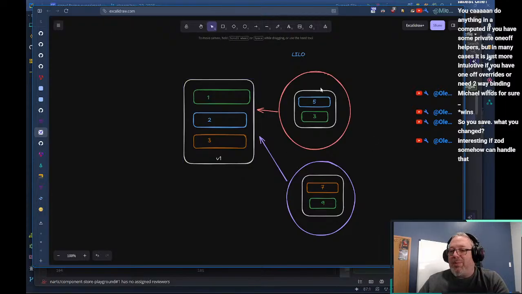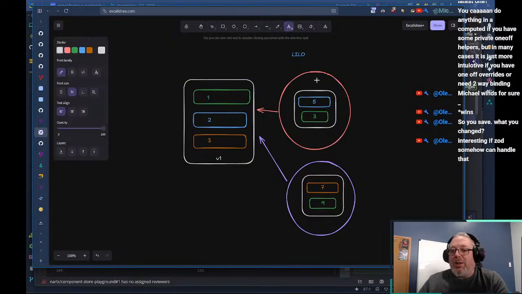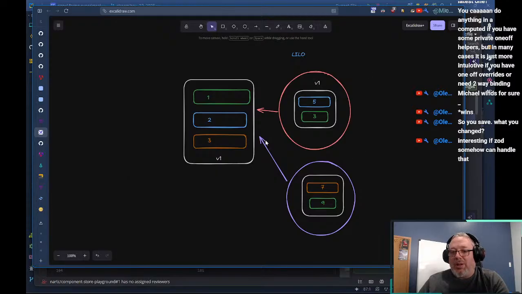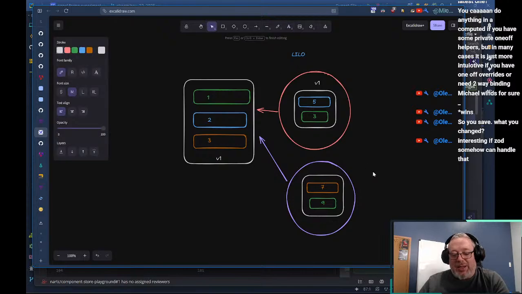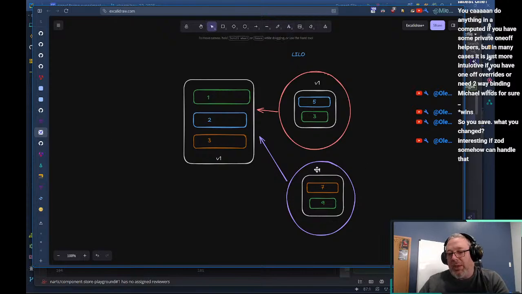So this becomes V1. When this person checks, they know they had V1. When this person checks, they also know they had V1. They both checked out V1.